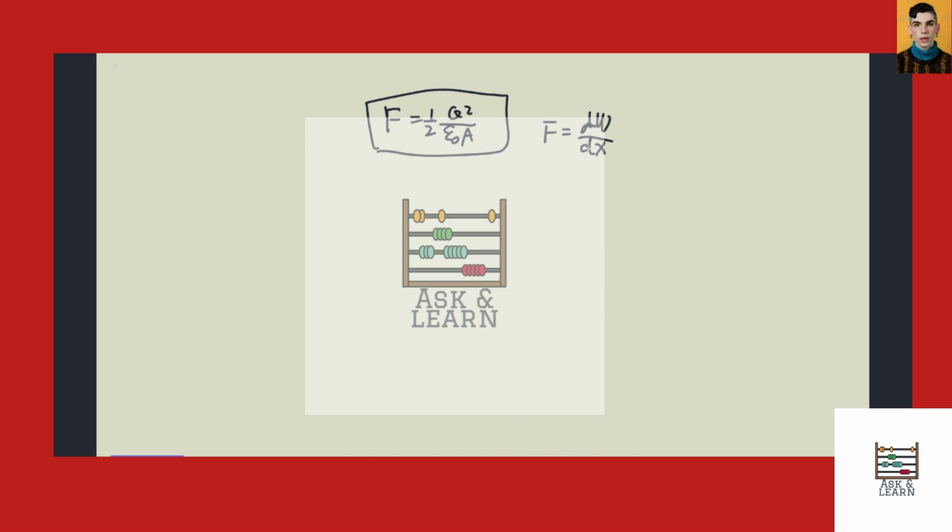So let's do it the way I suggested. Work is the change of the energy stored, and energy is 1/2 of Q squared over C. And then we can plug in the determination equation for capacitance. Capacitance equals epsilon naught times the cross-section divided by the distance. So if we look at this, it is 1/2 Q squared